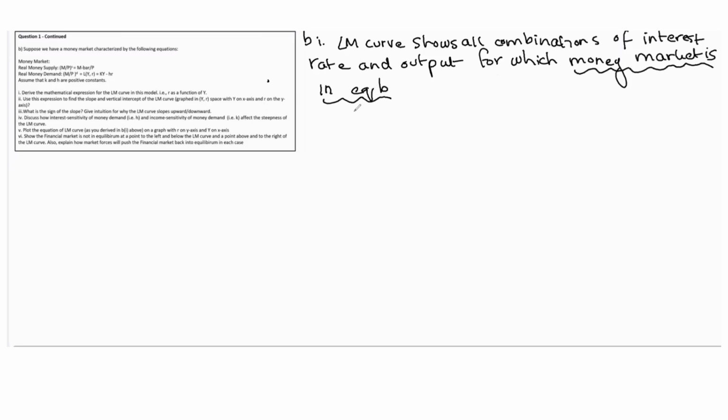So the IS curve represents goods market equilibrium, and the LM curve represents money market or financial market equilibrium. So we start with the money market equilibrium condition, given as